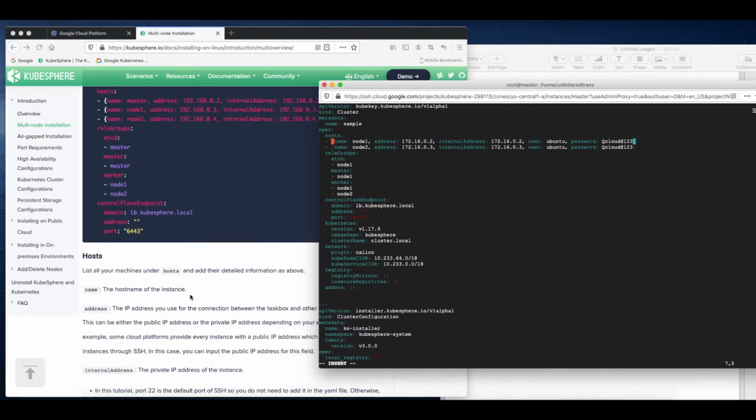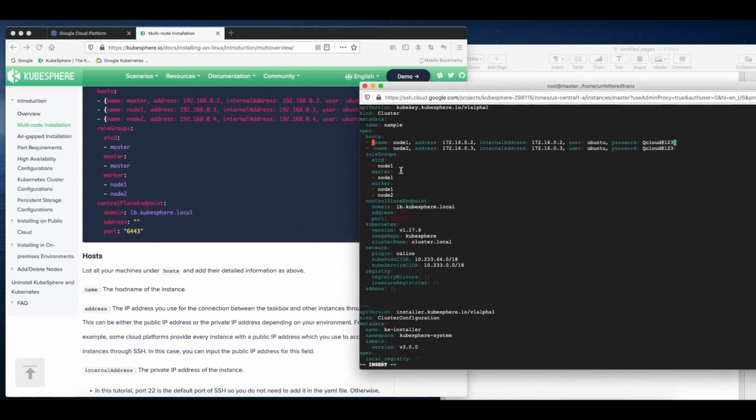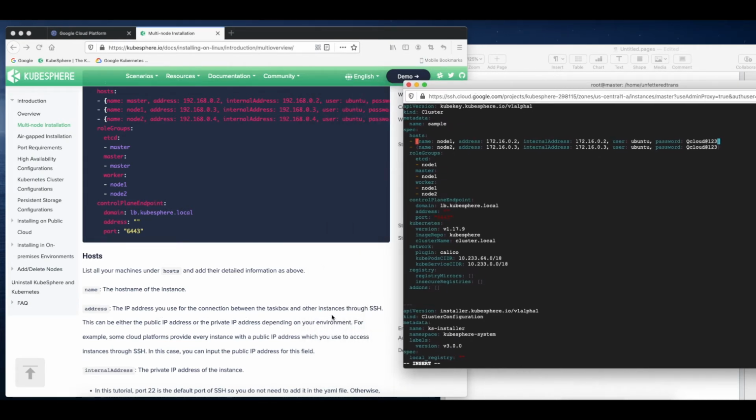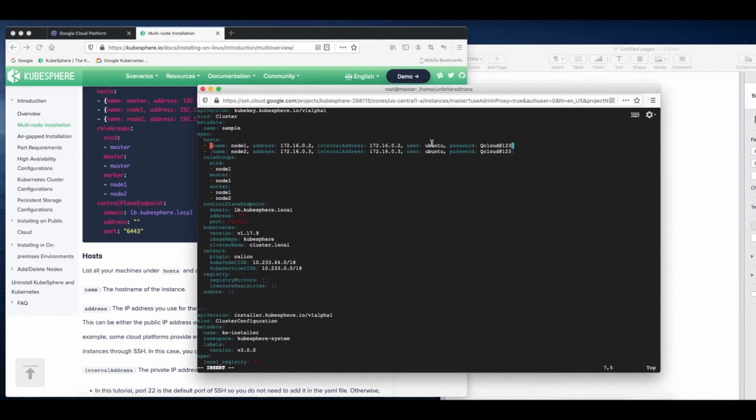This IP address is the one you use for the connection between the task box and other instances through SSH. So in this case, you can input the public IP address for this field, and internal IP address, that's the private IP address. So for the last part, user and a password, well, Google does not allow you to set